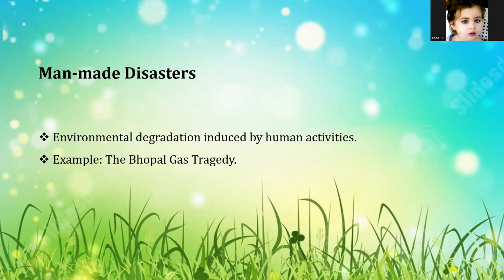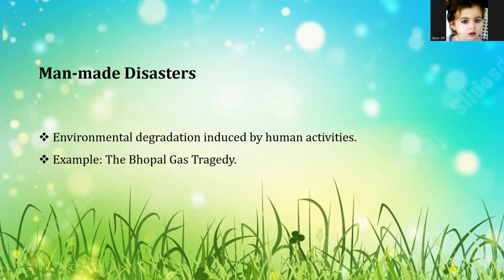The main significance in sustainability is that understanding these disasters is crucial for environmental ethics and sustainable development. It underscores the importance of industrial safety standards, environmental impact assessment, and accountability. Industrial safety standards means implementing rigorous protocols to prevent leaks. Environmental impact assessment means evaluating the potential risk of human projects before they begin. Accountability means ensuring that organizations are responsible for the environmental and human cost of their operations.